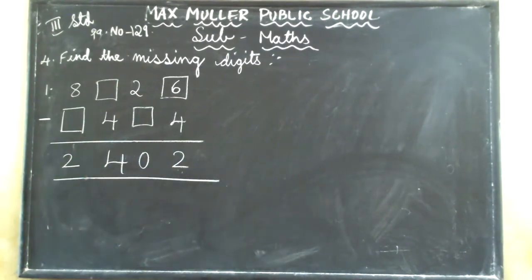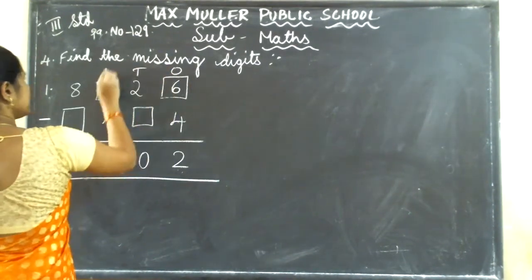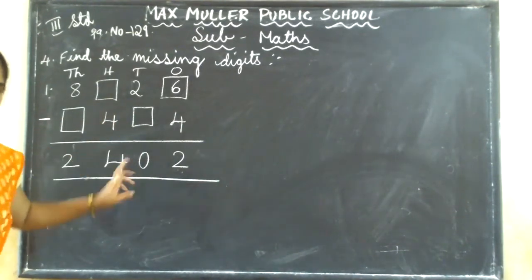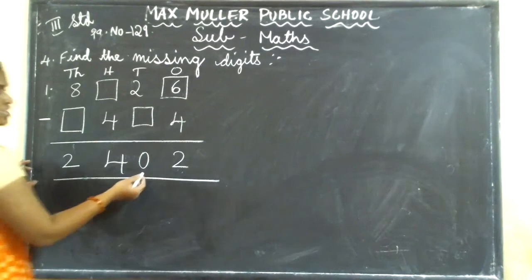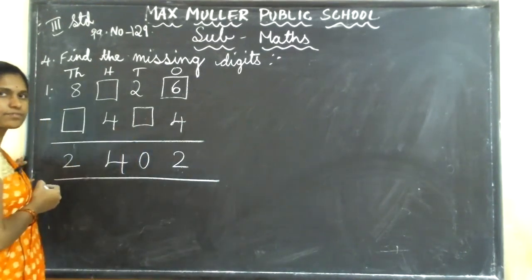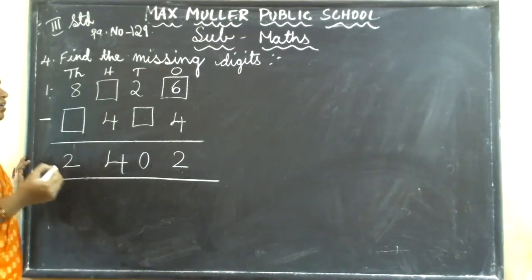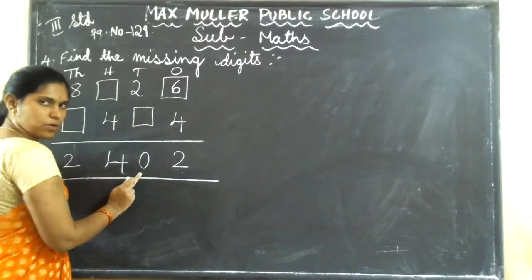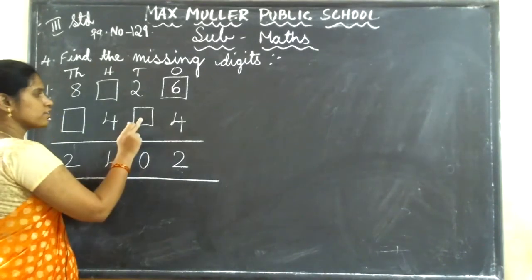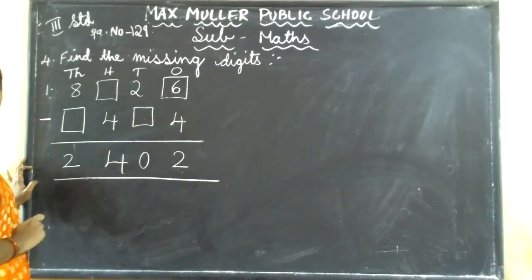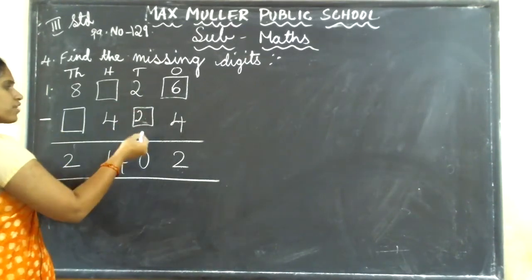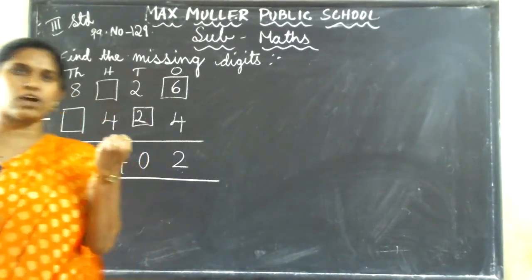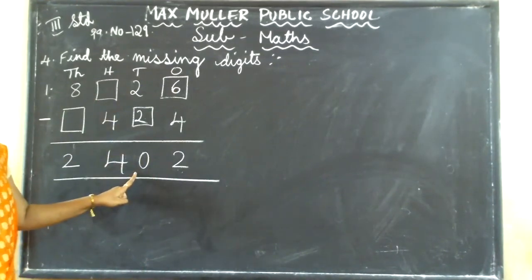The second one, in tens place. In tens place you see, they have given 2 minus dash, and the answer 0. To get 0 here, what are you filling? To fill this gap, the answer you have got is 0. What if you fill 2? 2 minus 2. From 2, if I minus 2, how much will you get? 0 is the answer. Understood all of you?